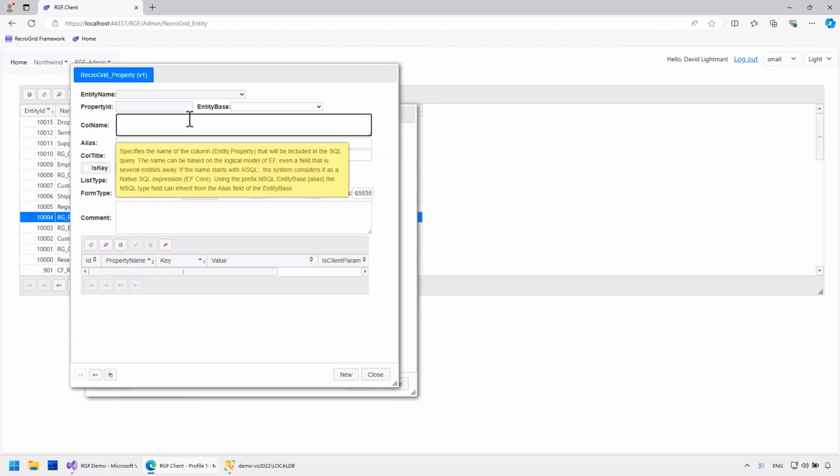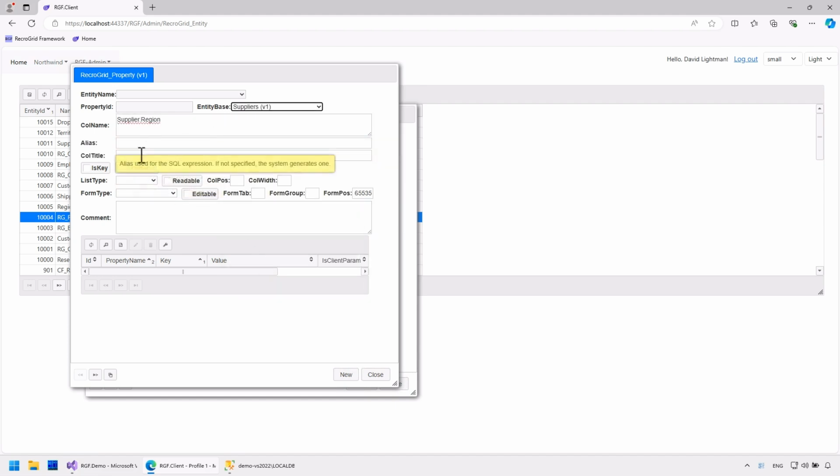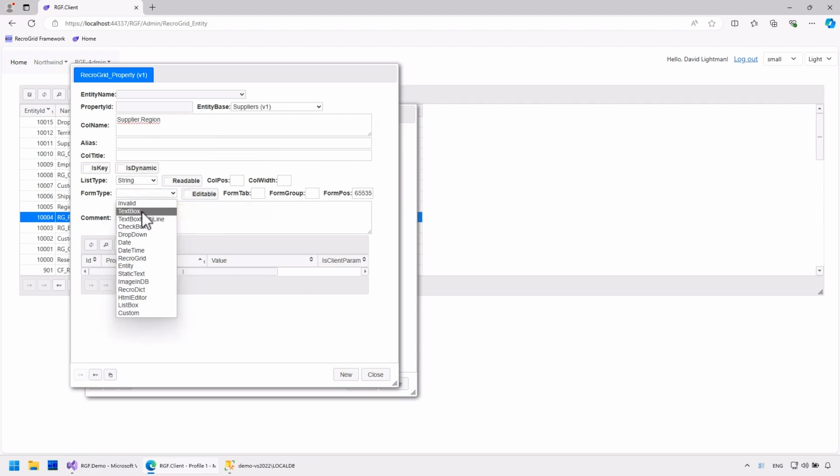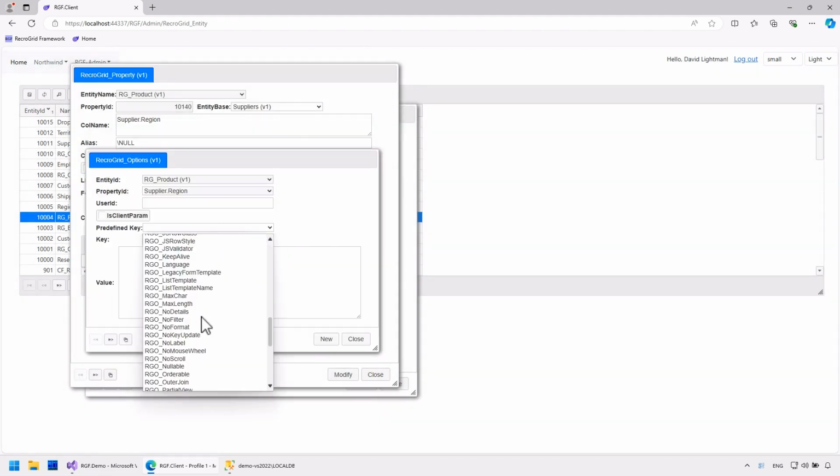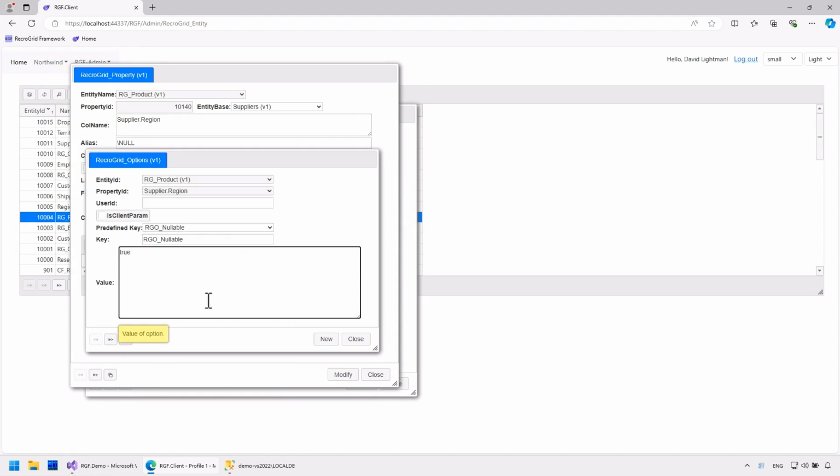I'll add another column, the region. The column name is supplier region. The entity base is the supplier. And this field is optional.